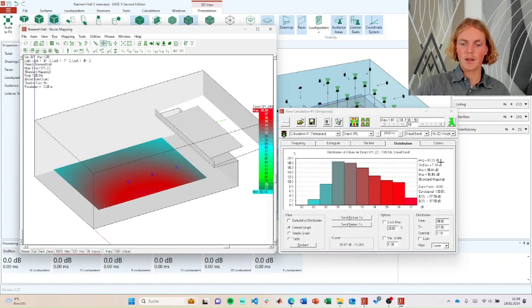Now your task would be to do that for every group. I already did that, so I skipped that in this video so it doesn't get too long. If you checked whether the speaker type is adequate, you can use these simulations also for the next step in the simulation process, which is leveling the processing blocks.